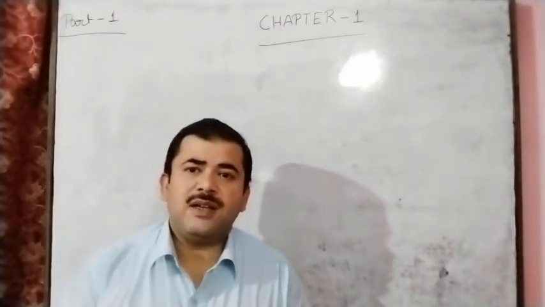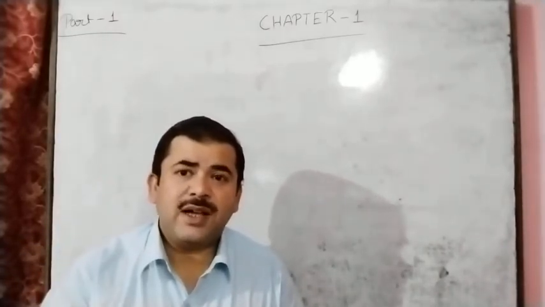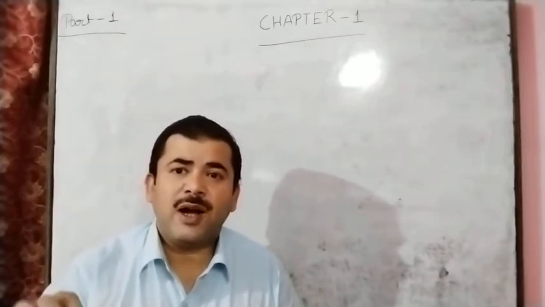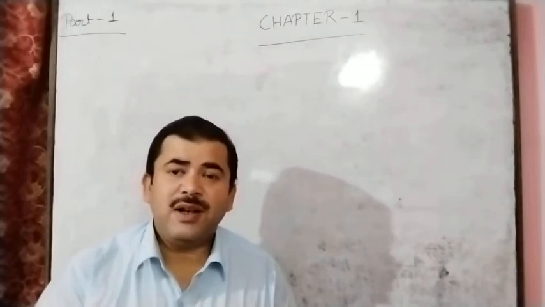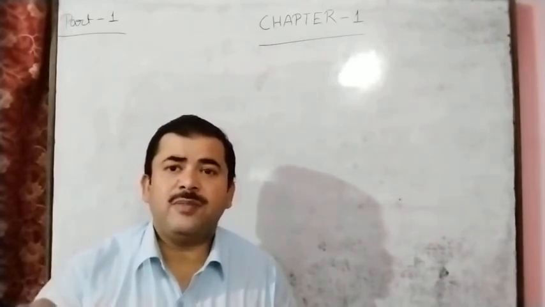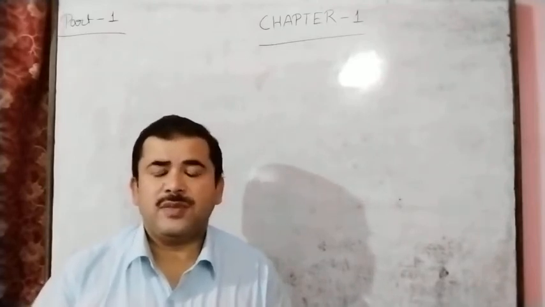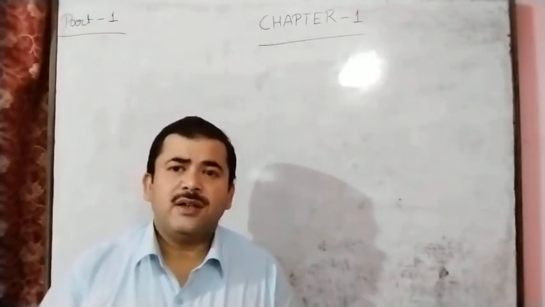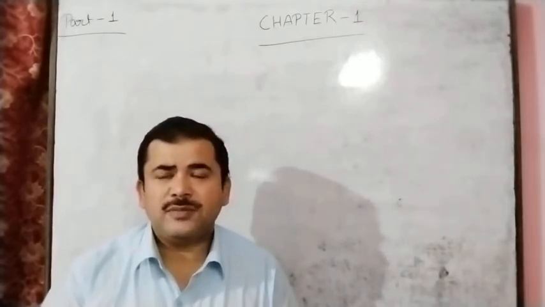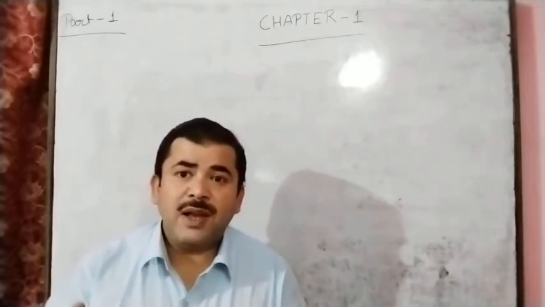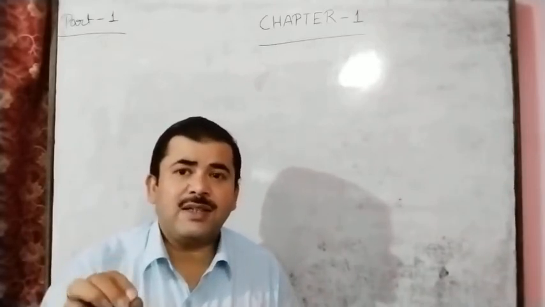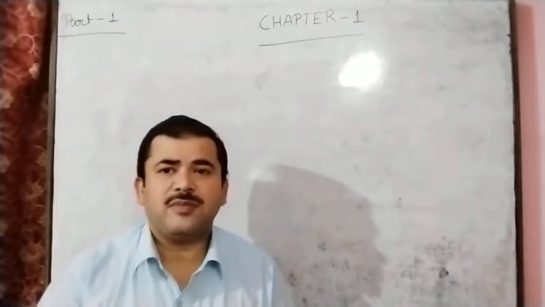A symbol represents a specific element or one atom of an element. We know that till date 118 elements have been discovered and these elements are placed in the periodic table, and each element has a specific symbol.